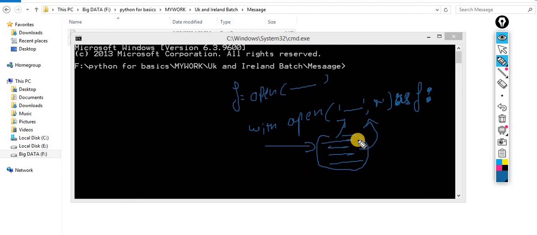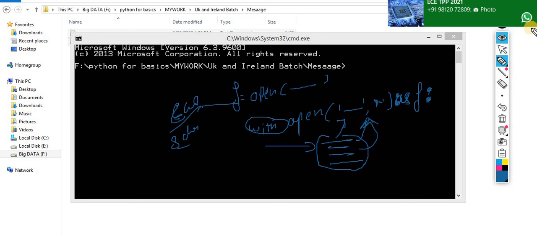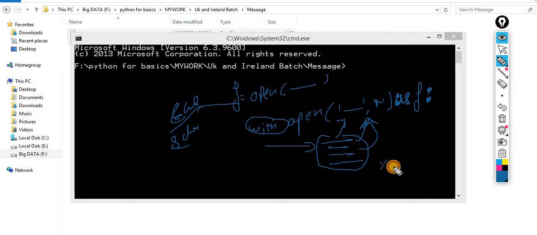Now this group of lines is associated with this file. Sometimes our requirement is this one, and at that time I will open a file with the help of the with statement. The second advantage is that otherwise you have to explicitly close the file with f dot close. Whenever you open a file with the with statement, there is no need to close the file. Automatically your file will be closed.